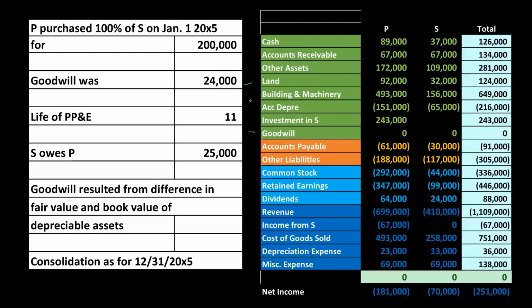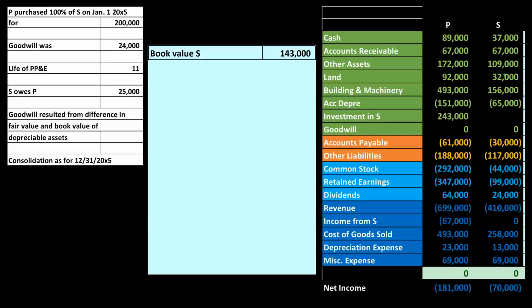So that's the first thing we're going to do after we first just sum this across. Here's P's numbers, here's S's numbers. This is as of the end of the year. One year later, if we add them up, there's our consolidation information. Now, every time we think about these items, remember, first thing we want to consider